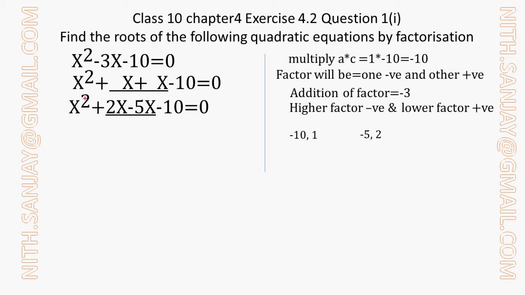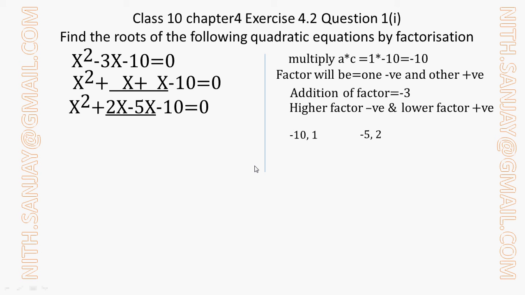So I have done it, right? What I have done is, this is x square plus something. So one factor is 2, so I have placed this 2 here. Another is plus another factor. Because another factor is negative, this is a negative 5, so here plus negative 5 is minus 5, so I have put it minus 5 into x, then minus 10 was already there, so minus 10 is equal to 0. Got it? This is the main step of any equation when we want to solve it by factor. Further it is very simple.